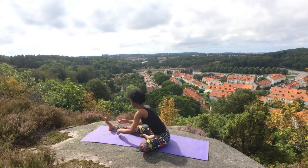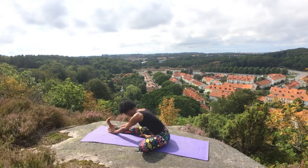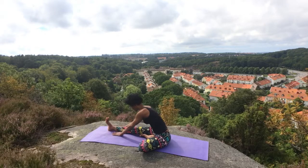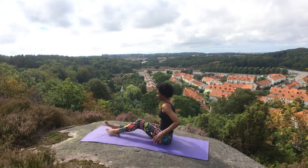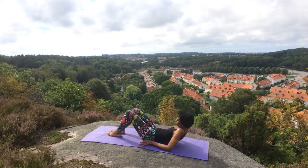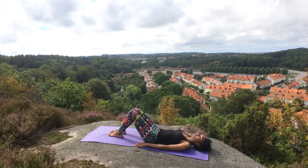Lowering the left knee out to the side. Taking the forward fold over the right leg, lifting the chest forward and up towards the right big toe. Inhaling to come up, slowly lowering down to lie on your back,